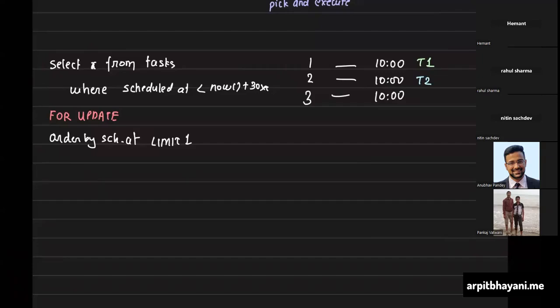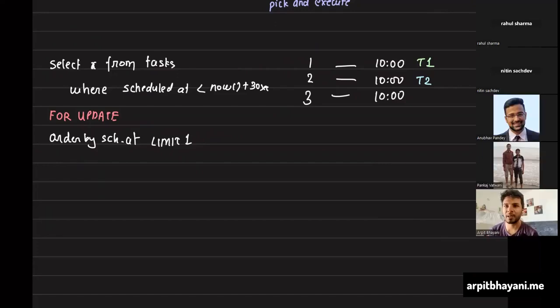Sure. Okay. So this solves a problem, but it introduces another problem. Let me pull in Pankaj. Pankaj, what's the problem with this query? Like one transaction coming in, picking up one row at a time in this way? So basically, let's say at 8 o'clock I have 3 tasks scheduled, and 3 machines are firing this query. Till the time one gets it and updates it, the other two have to wait.